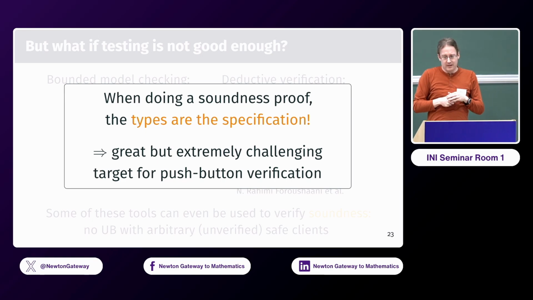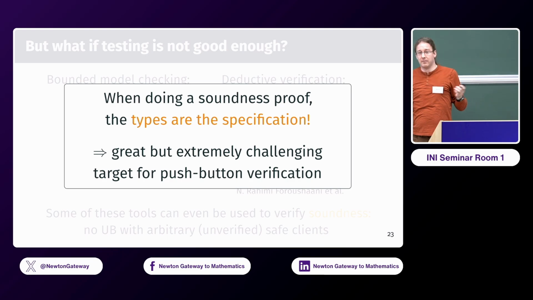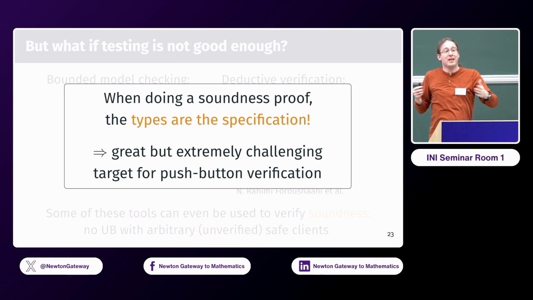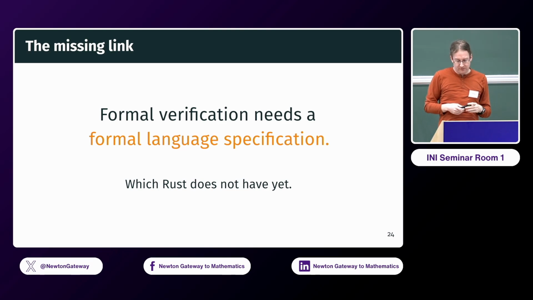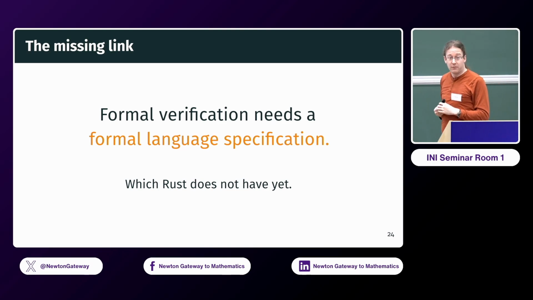And there's an infinite supply, or basically infinite supply of case studies out there in the Rust ecosystem that you can try the tool on. So I think this is a great way to not need specifications and have a great supply of challenging verification problems. But of course, if you want to actually verify something, we would also need a spec for the language